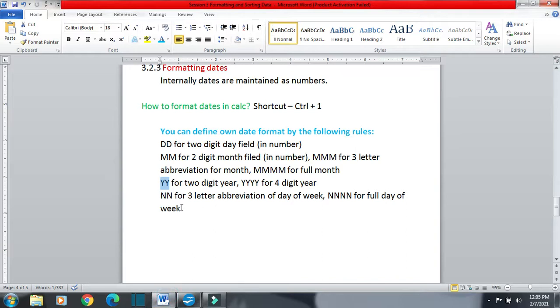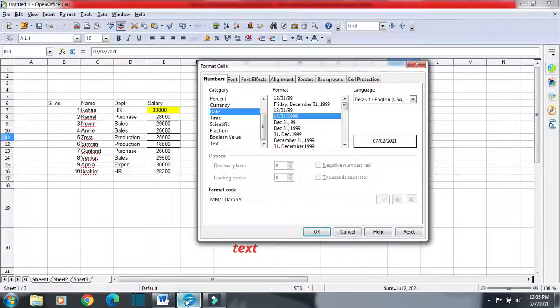Next, NNN for a 3-letter abbreviation of the day of the week. If you want to show the day of the week also, for example, here we have tried to give the name of the day of the week, so you can see 3 letters, and for that I have used NNN.